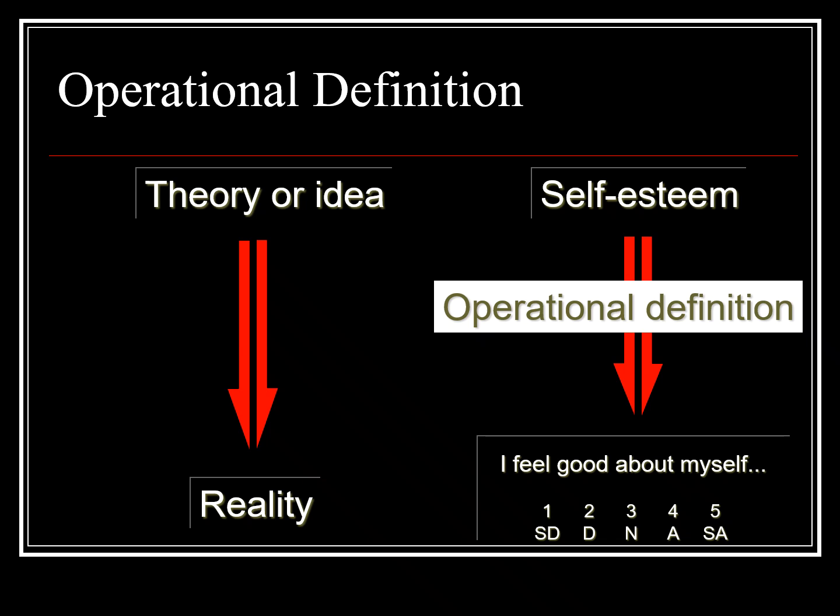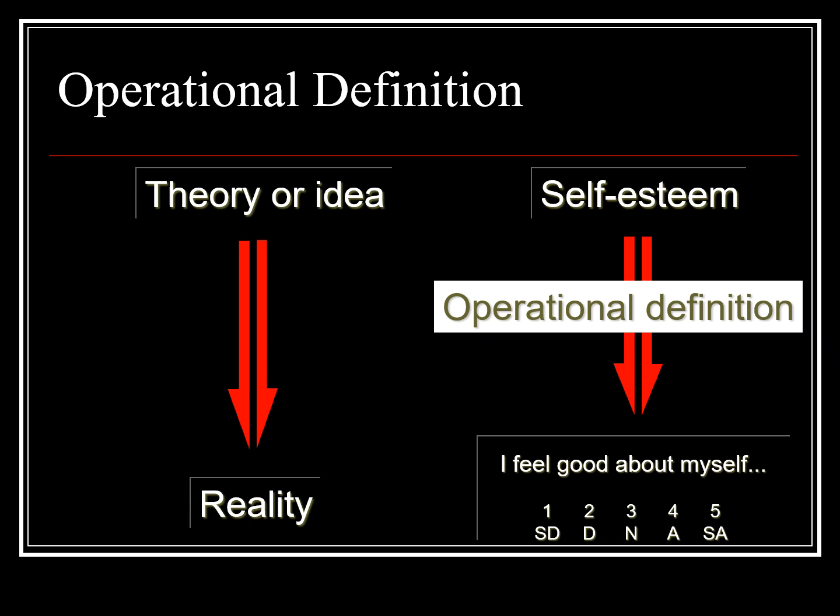So now that we've defined variables, let's talk about defining the variables themselves. We call this operational definition, or an operational definition of a variable. And the idea here is that we're taking a theory or an idea, so a concept of a variable, a construct, if you will, so agreeableness, number of drinks, etc., and we're bringing it to a reality that we can